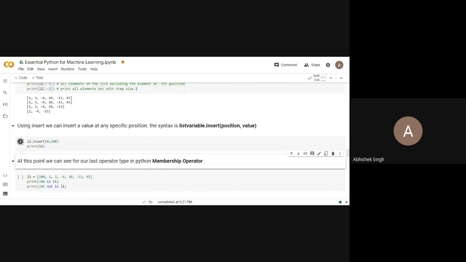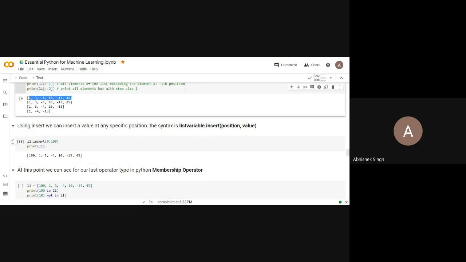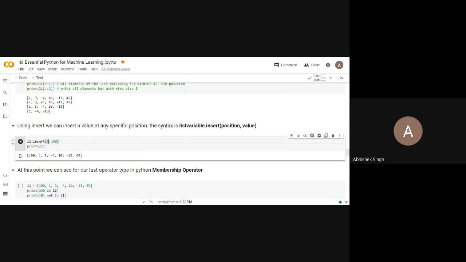So let me run this. You can see earlier it was 1, 3, minus 4, 10, minus 13, 45. And now I'm saying insert a new value 100. It is not overwriting, it is not replacing 1 with 100. Earlier 1 was at the 0th position. Now insert a value 100 at the 0th position.